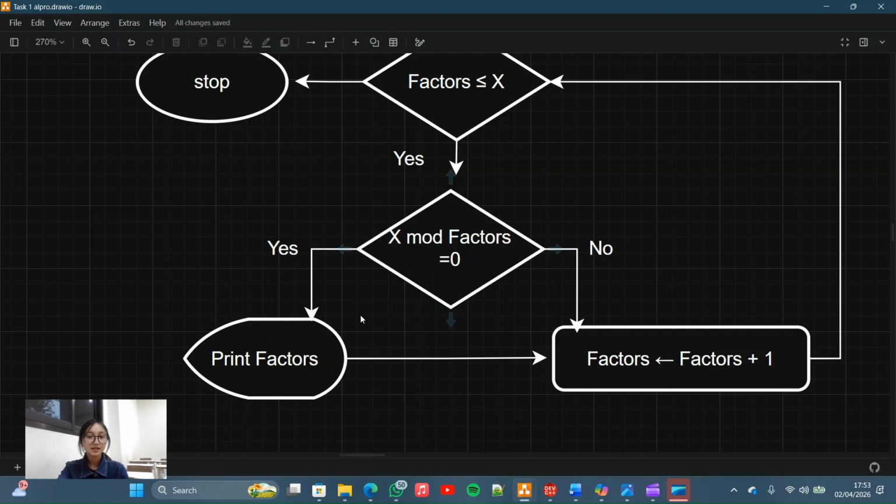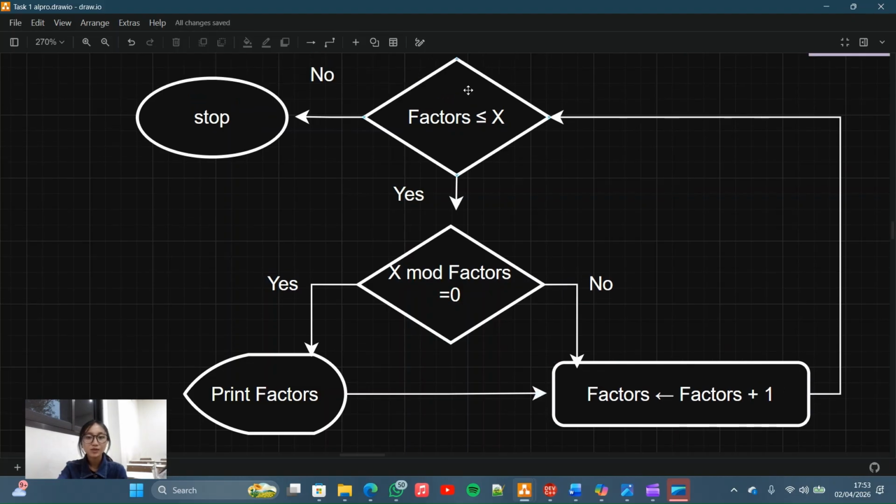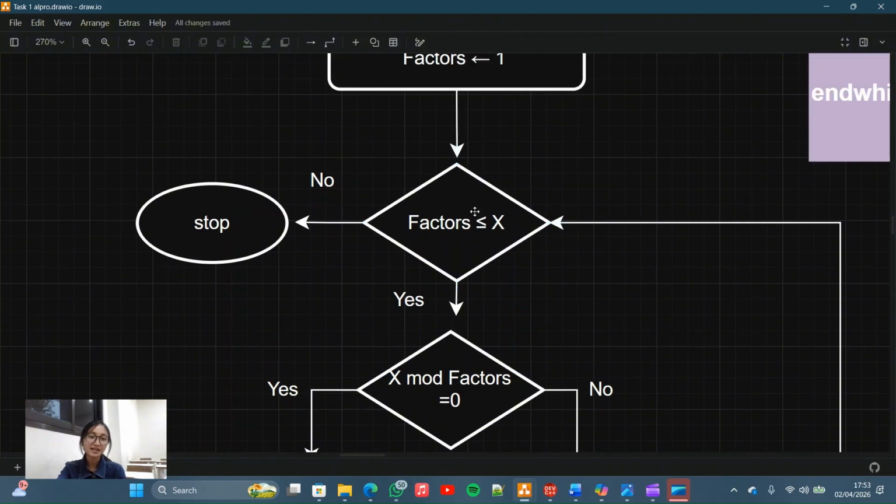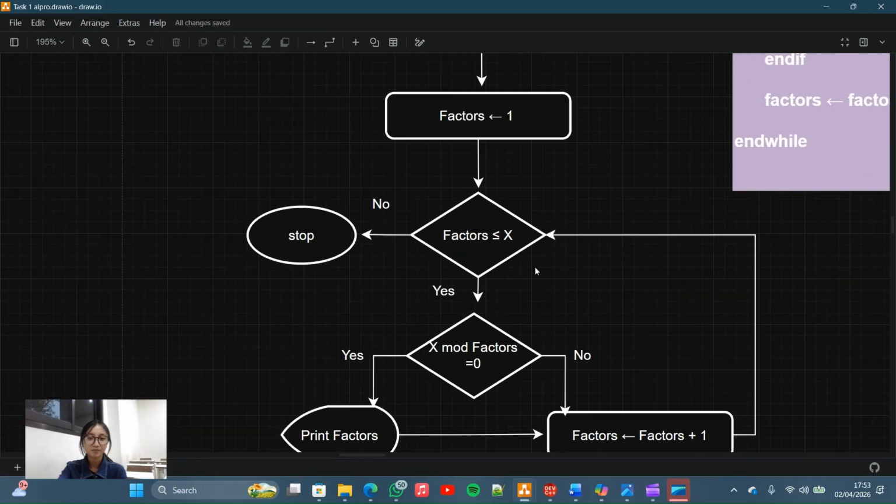If yes, it will print the factors, and then no matter if it is yes or no, it will always go to store factors plus 1 to the factors. And then again, if the factors is still not equal to x, it will always run this side, until the factors is equal to x, and then the program will stop.